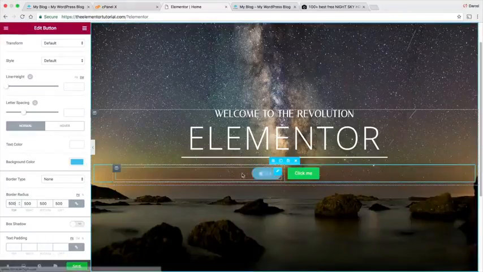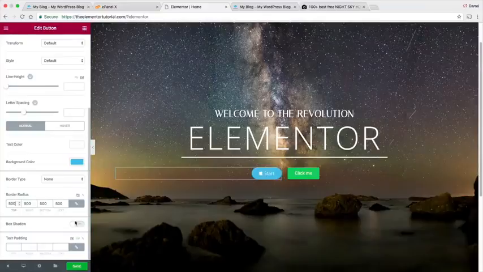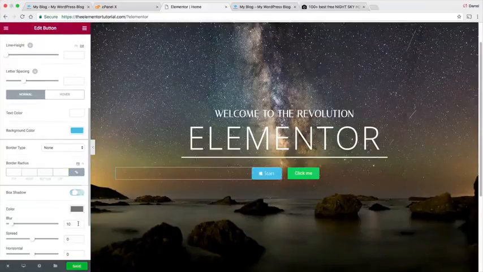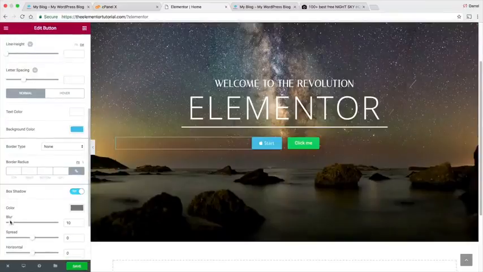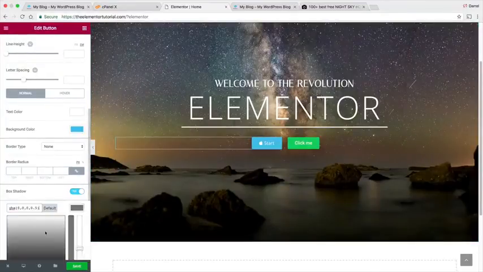And there you go, we have a rounder button, okay? Now box shadow, everyone loves box shadow. So box shadow is basically a shadow around the box. So right here we have this blur. Now if you see the button right here, you're gonna see this dark little kind of, we can actually